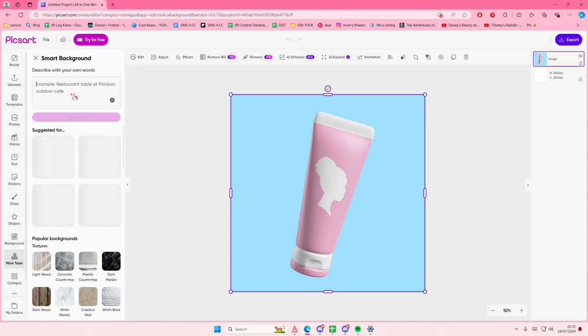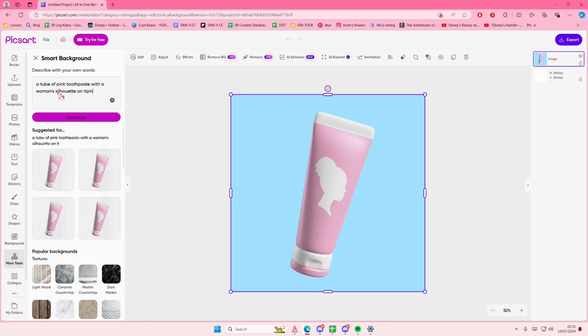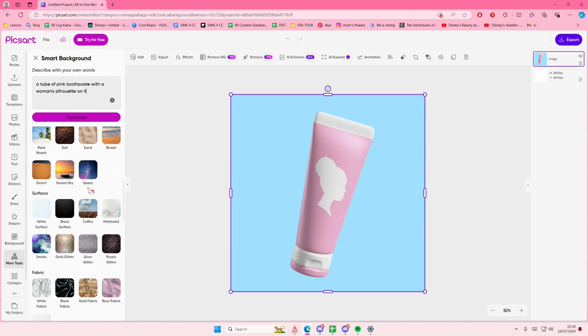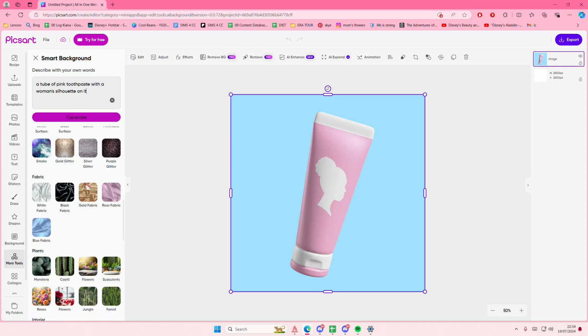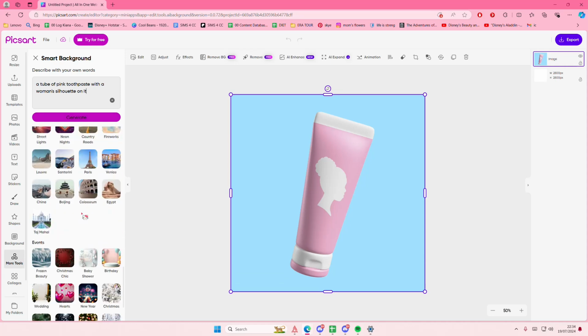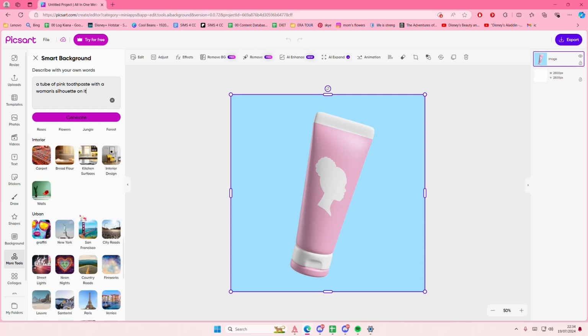Okay, we need to describe the background. I'm going to type maybe like pink. Okay, I'm just going to leave it at that. And here you'll be able to see some of the other backgrounds you can choose from as well. There's a lot to choose from actually, so